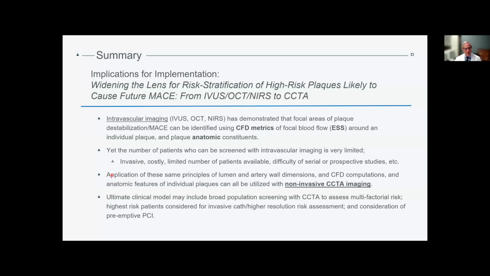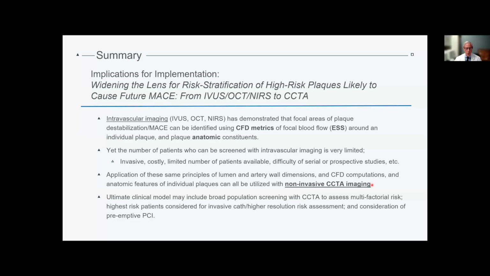And there are applications using these same exact principles, as Jim illustrated a few minutes ago, that we can look at some of the CCTA characteristics of both the lumen and the artery wall and compute CFD as well, the computational fluid dynamics, and we will be able to risk stratify both the substrate for trouble, that being the anatomy, and then the superimposed additional stimuli of the flow patterns, leading to important and very valuable risk stratification